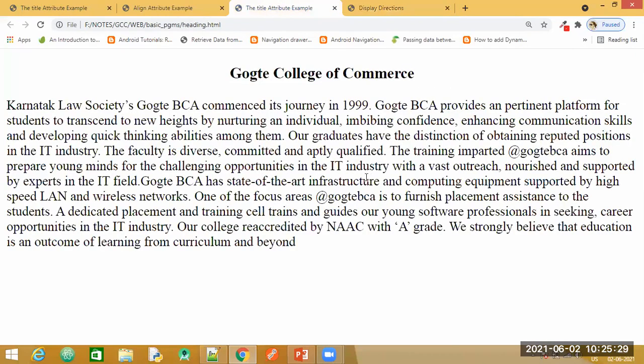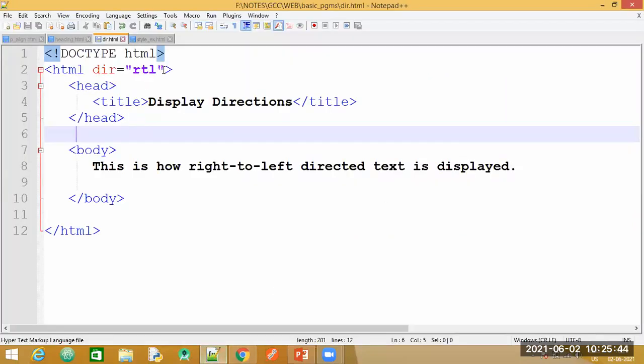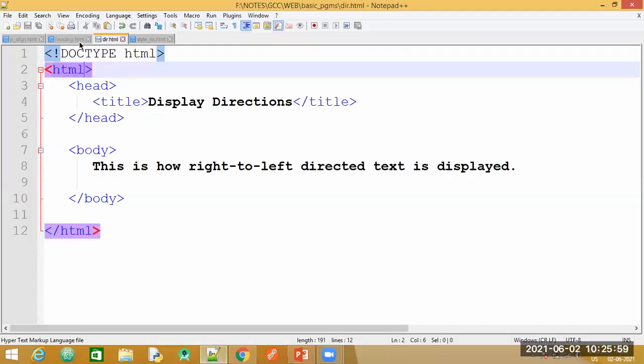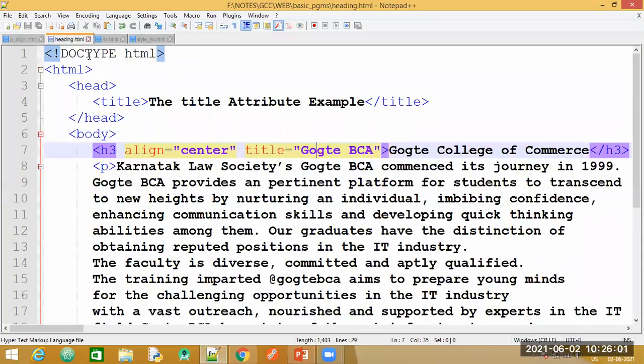So let us try to apply the same property for this page. But since here it is a paragraph, it is covering the entire screen. The difference you will be able to see is when we just write a single sentence. So if I remove this property, save it, and refresh my browser, this is how by default the text is displayed. Let us see if we can find the same difference when we specify it for this paragraph.